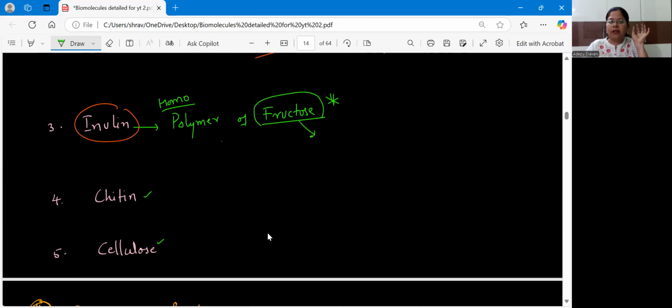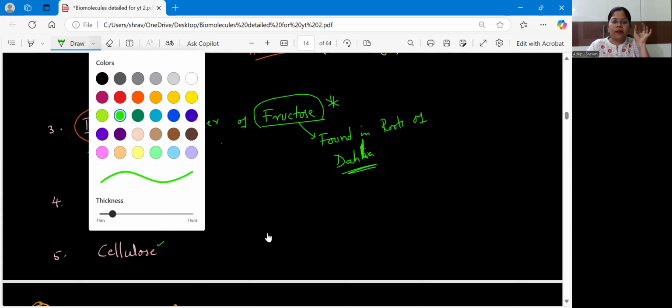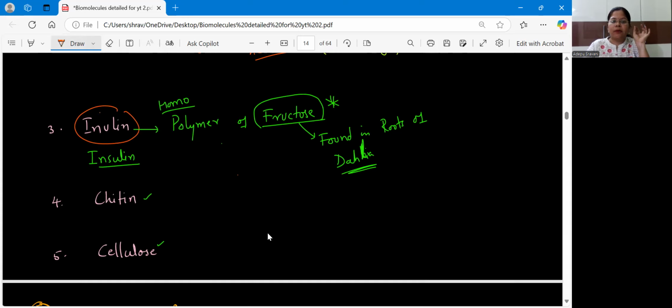And where do we find this inulin? It is found in roots of a plant called Dahlia. And here, please don't get confused between inulin and insulin. People usually try to confuse you. Inulin, please remember, it is a homopolymer of carbohydrates, whereas insulin is a heteropolymer